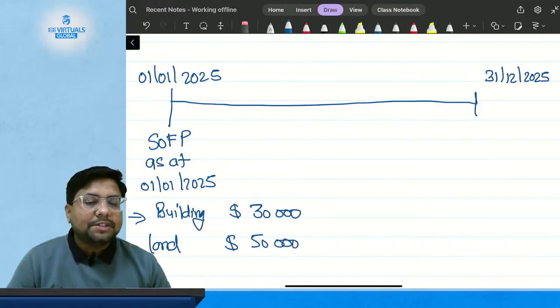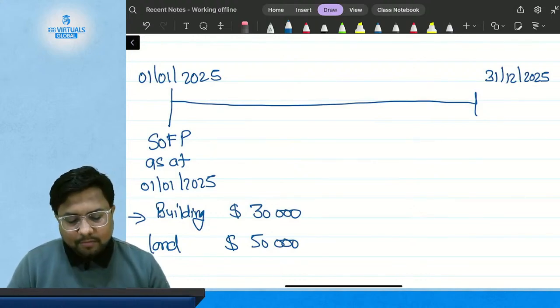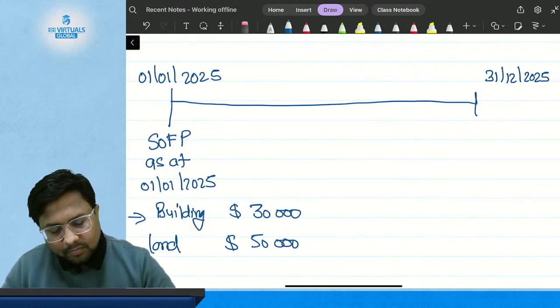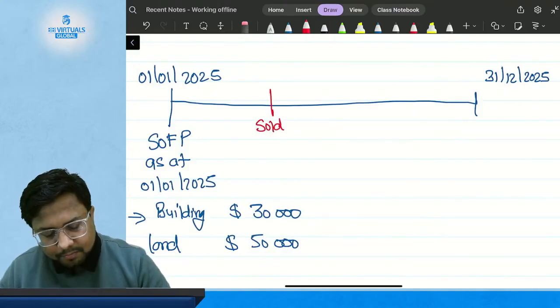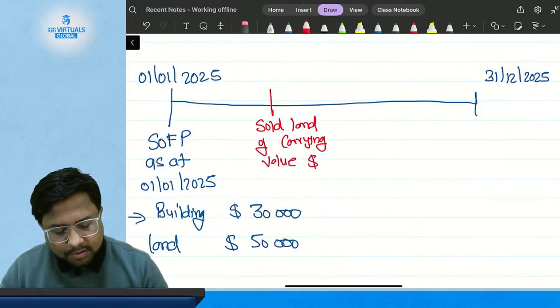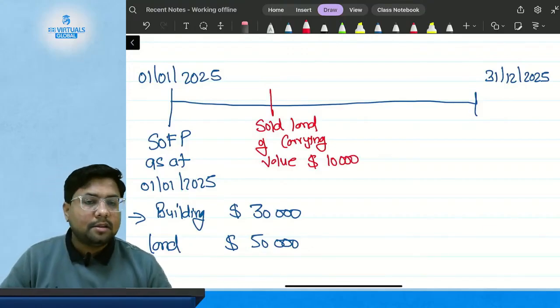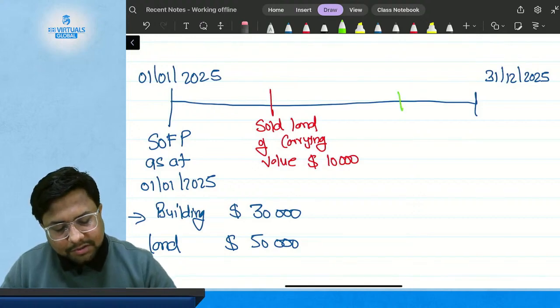This is my statement of financial position as at 1st of January 2025. Okay. Now during the year I have sold the land. I have sold my land with a carrying value of $10,000, and also during the year I have purchased